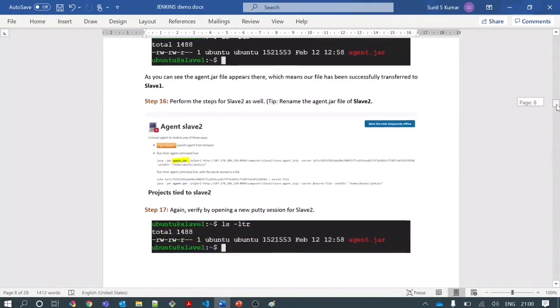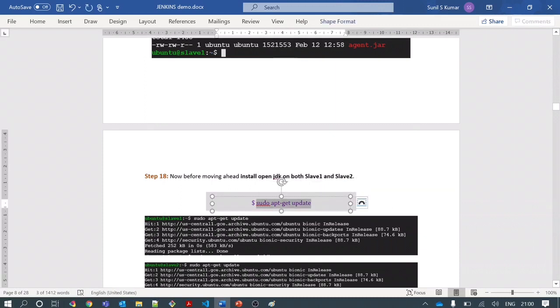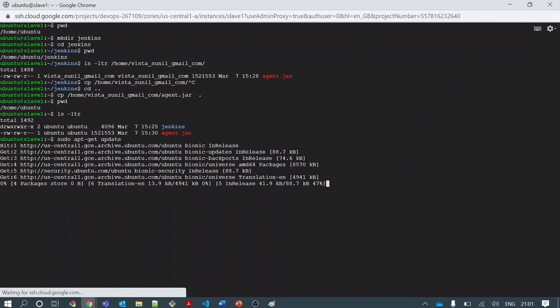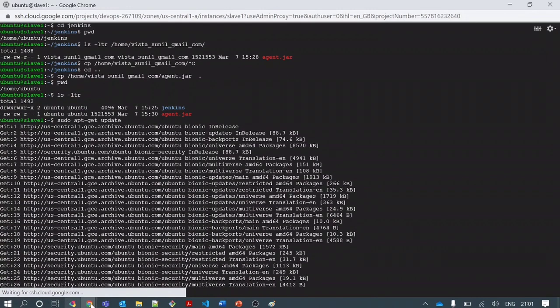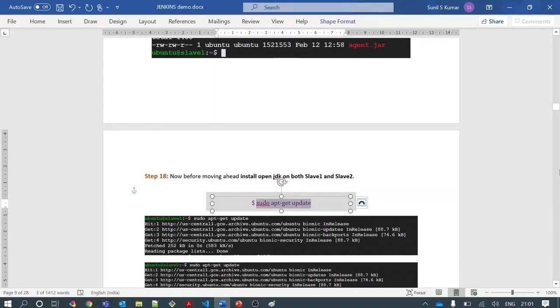Correct. So before this, because all agents that I downloaded are jar files, in order to run them, I need to have Java installed, OpenJDK installed on my slave machine as well. So I need to install Java on my slave nodes as well. So let's do that. First refresh the repository on both the servers and then install Java.